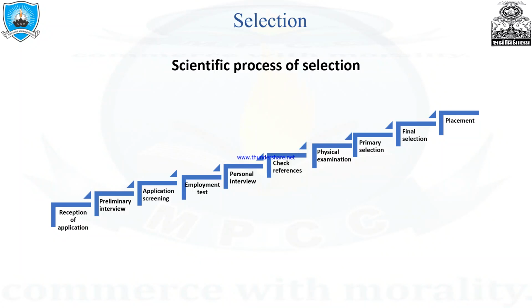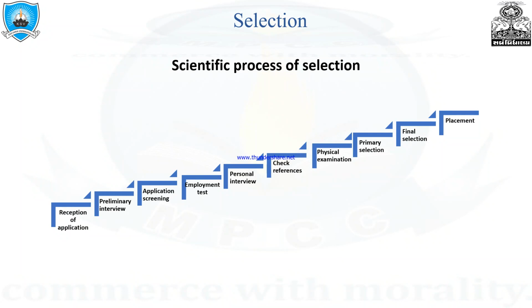Now, the next step is checking past references. It is also known as an investigation of past career. Normally, applicants are asked to give the names of respected references, which are a very useful source of information regarding the character and requirements of a candidate. To check the references, the company may use the telephone, personal documents, and also a personal visit. Number 7,